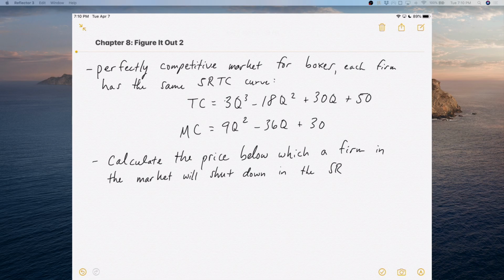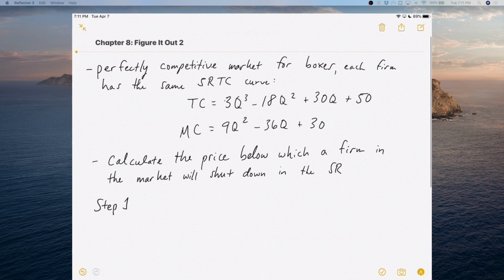So the question is asking: you have a perfectly competitive market for boxes. Each firm has the same short-run total cost curve. The total cost curve is TC equals 3Q cubed minus 18Q squared plus 30Q plus 50, and a marginal cost of 9Q squared minus 36Q plus 30. It's asking to calculate the price below which a firm in the market will shut down in the short run. So the first step for this, step one,